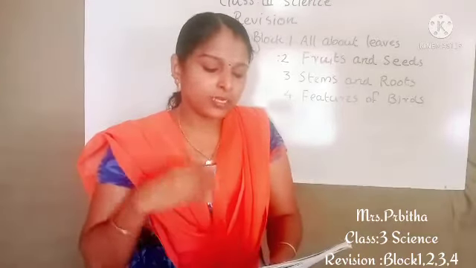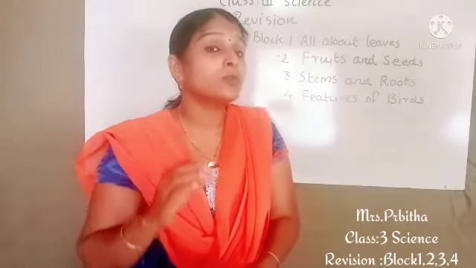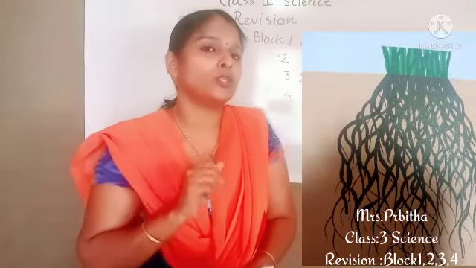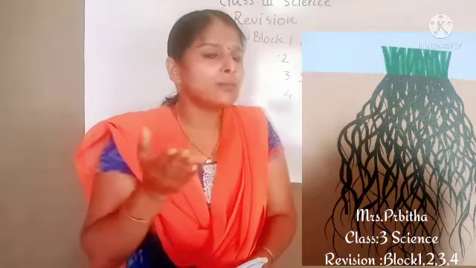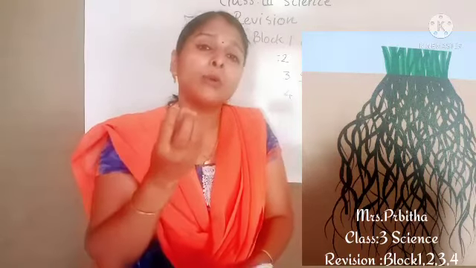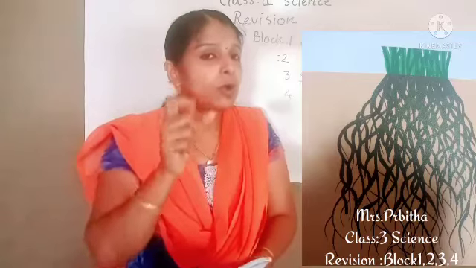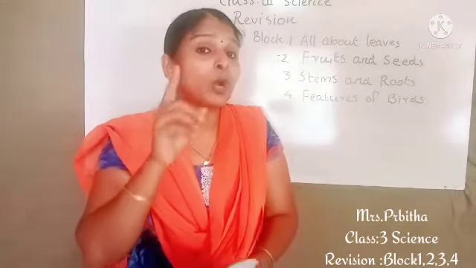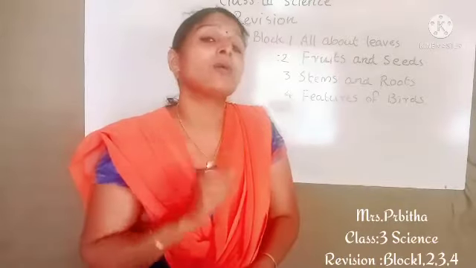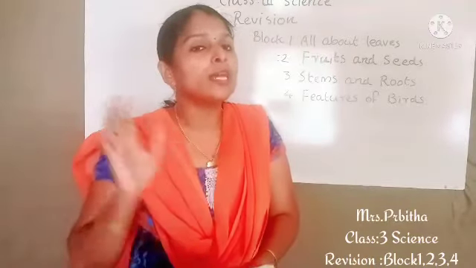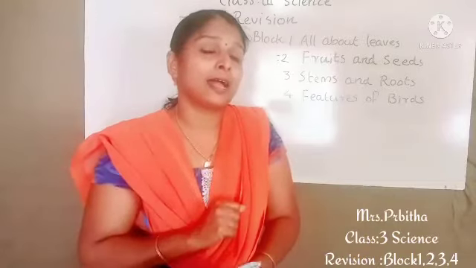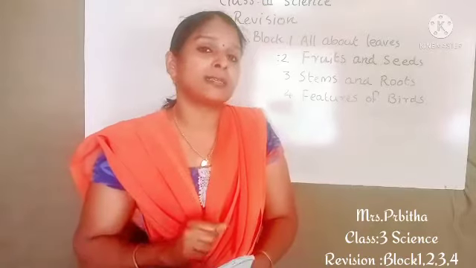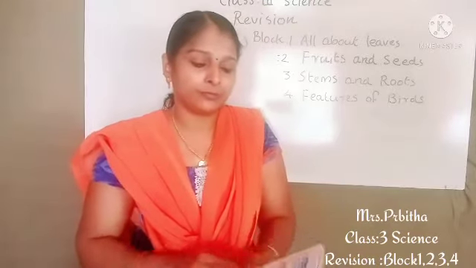Okay. Then what is fibrous root? It do not have main root. Some small roots are coming from the bottom of the stem. That means all the roots are coming from one place. Examples of this fibrous root: all the grasses, maize have fibrous root. We can say one tree, coconut tree is an example for fibrous root.